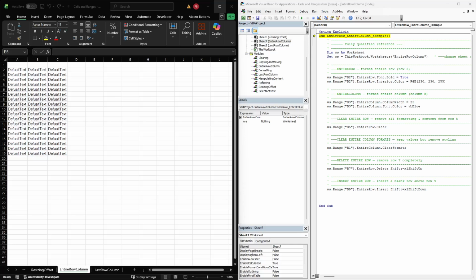Working with individual cells in VBA is useful, but many operations in Excel affect entire structures, whole rows, or entire columns. These larger-scale manipulations are especially important in financial models, where formatting, clearing, inserting, or deleting must be applied consistently across a full dataset. In this lesson, we demonstrate how VBA interacts with full rows and columns, using column B